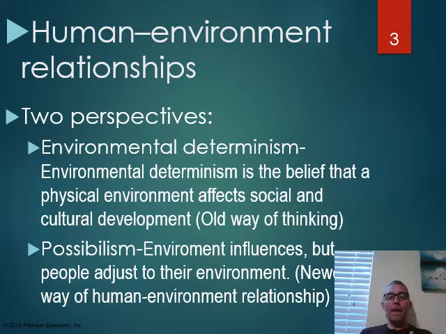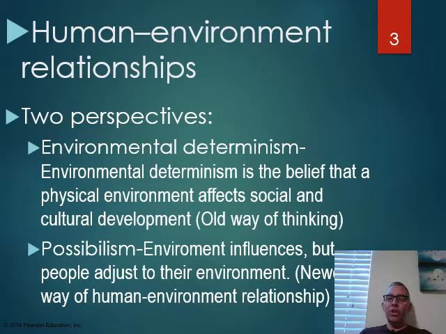And today, the thinking on this has evolved, and to be honest, geographers are somewhat embarrassed by this theory of environmental determinism, because there are so many ways it just isn't true. We can see so many holes in this theory, and you'll kind of see that with the next theory, which is possibilism. Geographers recognize that the environment influences outcomes. It has an influence, but people adjust to their environment. And it's kind of a newer way of looking at the relationship between humans and the environment.